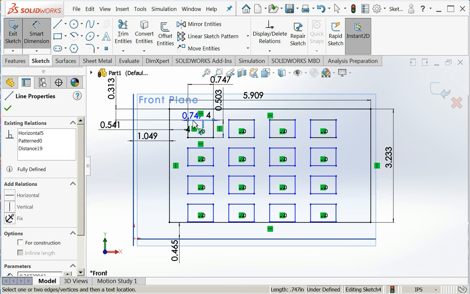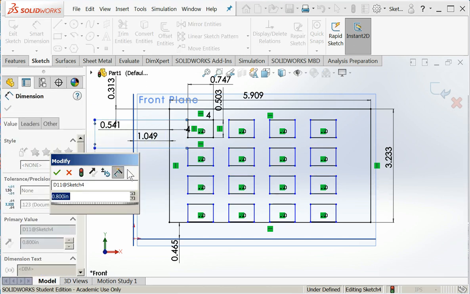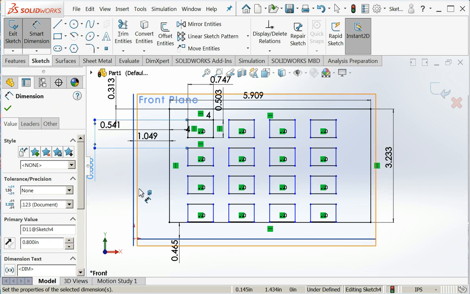Now I need to define the interval between the instances. So I'm going to go from the top of that instance to the top of the instance below. 0.8. Well, sure seems like I should have everything defined at this point. But Solidworks still says everything's undefined. So what's wrong? Well, one of the easiest ways to figure out what's undefined is to simply grab one of